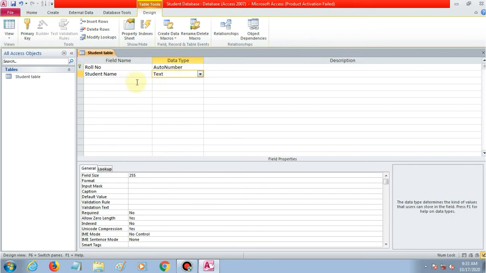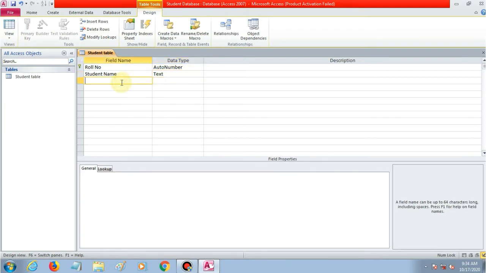Then by default the data type is selected as text, because a name can be written using different characters. When we select the text data type, it allows characters, numbers and symbols to be entered in a table. So we will select text only.